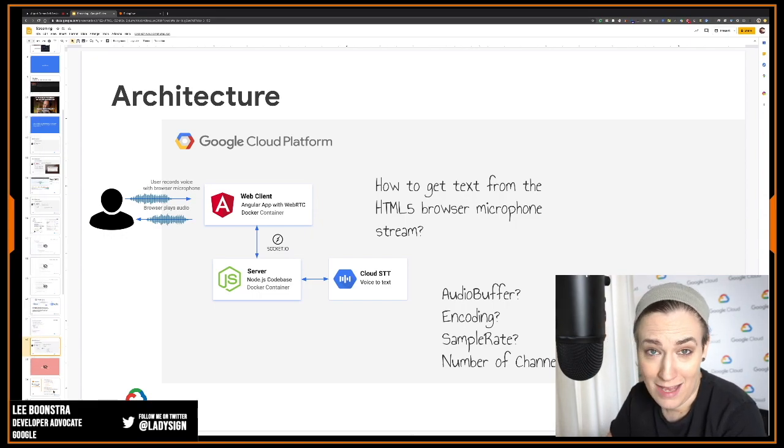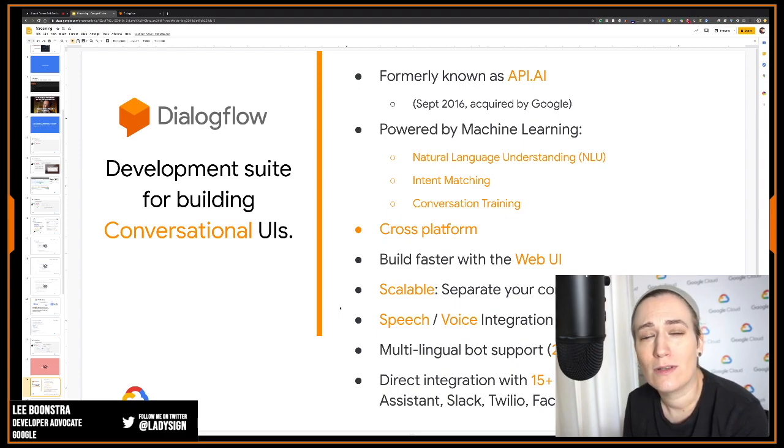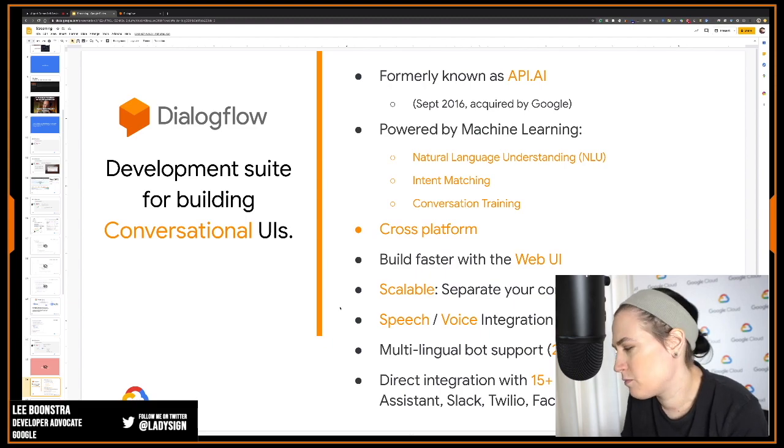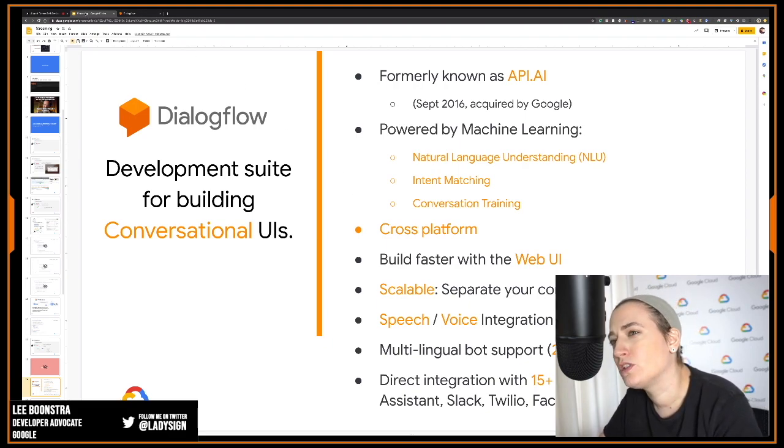Now we need to pass it to Dialogflow because we want to figure out what the intent is, to detect what actually is happening here. Dialogflow is a development suite for building conversational UIs, so people usually use it for building chatbots. It was formerly known as API.ai, but got acquired by Google in 2016. Now there's a whole Google Cloud team working on it. Dialogflow is based on machine learning, so it does natural language understanding. We understand what's being said, and we can match that to a certain intent